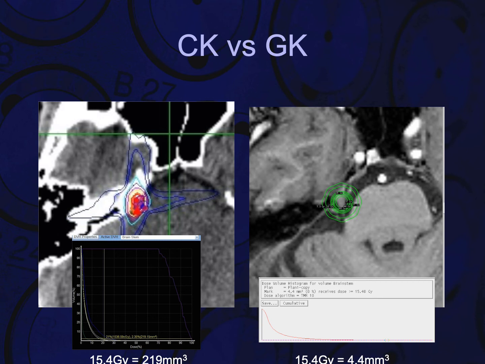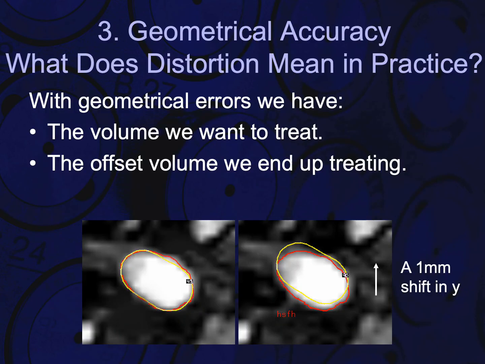Now that's partly due to the construction of the plan, and you can see that that's quite different. It's more like a cross shape with the Cyberknife versus a circular shape with the Gamma Knife, but a lot of that is due to the difference in beam energy. Finally, we're going to look at the geometrical accuracy and what that distortion means in practice. Well, when we're delivering radiosurgery, any geometrical error means that we have the volume that we want to treat, that we see on our treatment planning system, and then we have in reality the offset volume that